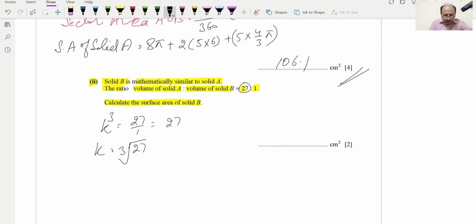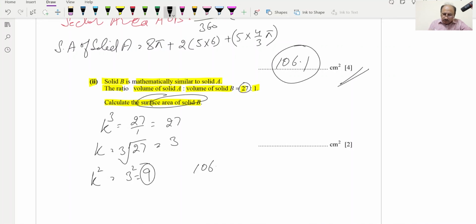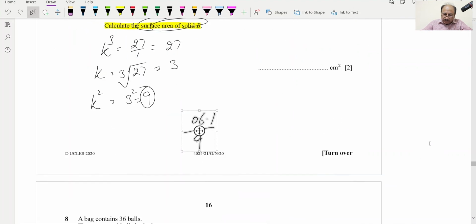Cube root of 27 will be equal to 3. But we need for surface area the square of the ratio, so k squared will be equal to 3 squared, which is equal to 9. So we will be dividing, because solid A is the bigger one, so we will be dividing this surface area 106.1 over 9, and basically what we can do, we can write over here,